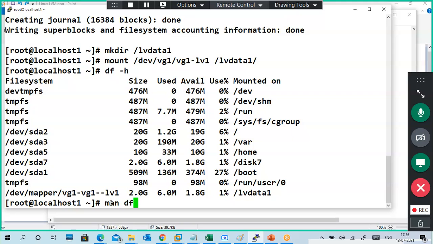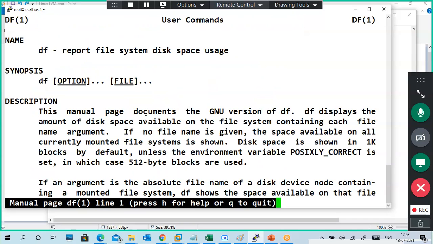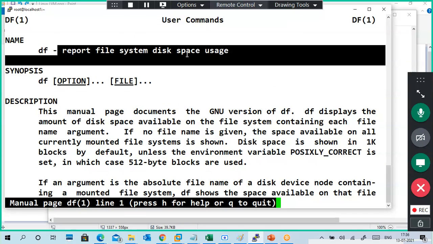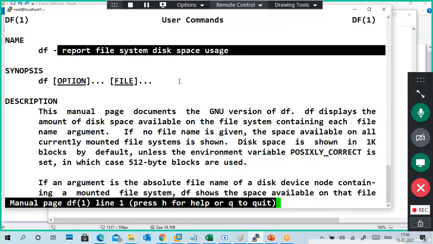Hyphen h means human readable format, megabytes, gigabytes, data shows like this. Okay, MBs and GBs. If you don't put h, it shows block size or KBs. It reports file system disk space usage, and other things also.